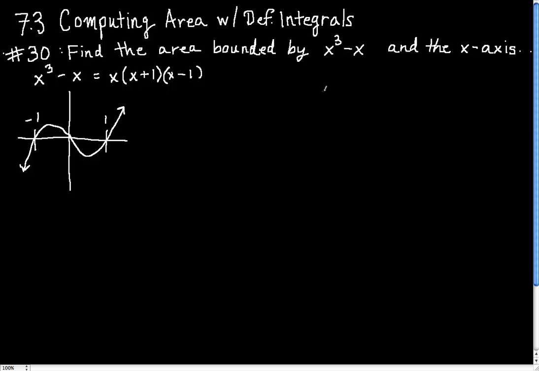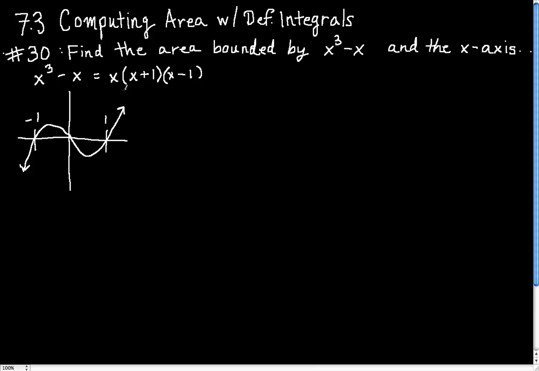Normally they would give you your limits of integration, like they would say the area under this curve between x equals 0 and x equals 1, for example. But that's not the case here. So what do they mean by this? The best way to see what they mean is to draw a graph. And you can use your graphing utility, like your graphing calculator,